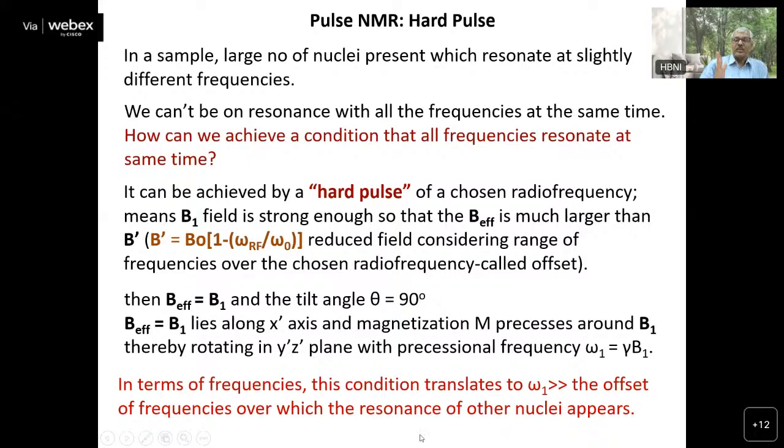The offset means there will be some frequencies with a higher value and some with a lower value. But as we are using a very strong B1 field, we are able to rotate all of these